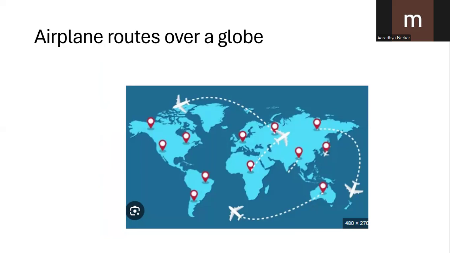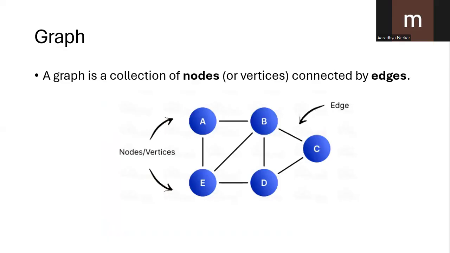What do Google Maps, the social media network, and the airline have in common? Think for a minute and let me know. Correct. They are all powered by one powerful concept in computer science, that is nothing but graph. Today, we are going to see what exactly is a graph. A graph is a set of nodes and connected edges which show how they are related to each other.